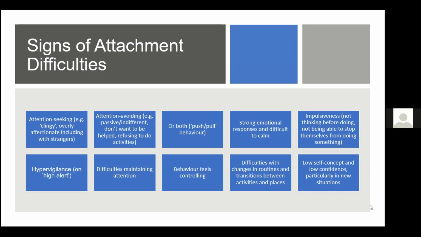Children that are showing very controlling behaviour, again, because they're trying to make their environment feel a little bit more predictable for them. And children that have changes in routines and transitions. So again, those are the kind of things that we might be picking out as an indicator that children have an attachment difficulty. But again, I think, looking at those, you'll be able to relate that back to other diagnoses